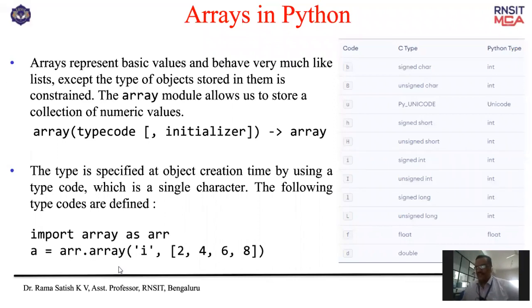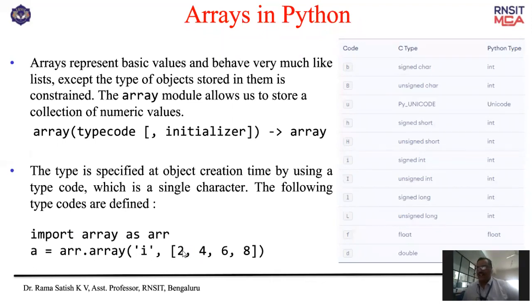In order to create an array, you have to import the array module: import array as ARR, I'm just making it short. ARR dot array, with i indicating a signed integer, then 2, 4, 6, 8. It takes this and stores it in a.